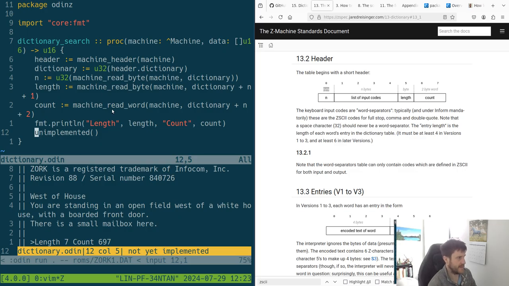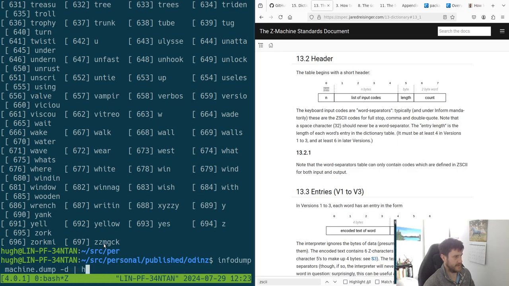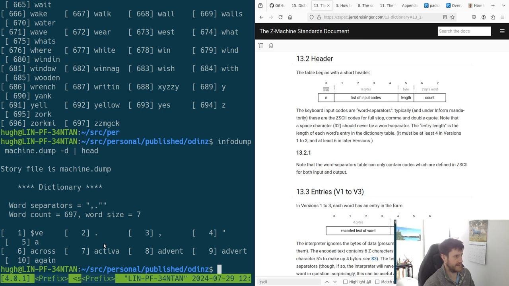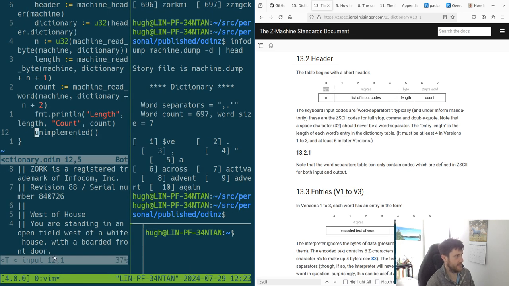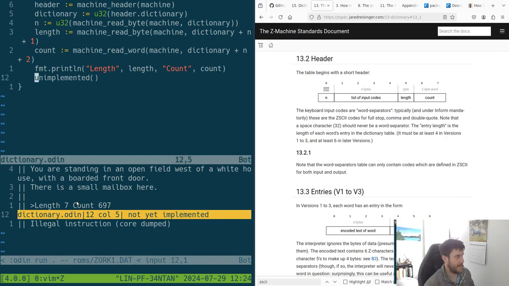Right, so here we can see the length is 7 and the count is 697. And if we do this and just grab the head, we can see length is 7. We've lost where it is. So word size is 7, length is 7, and count is 697. So boom, we have successfully read in 2 bytes. Well, a byte and a word. But from here, what we want to do is